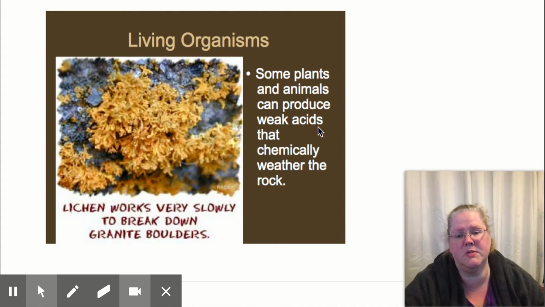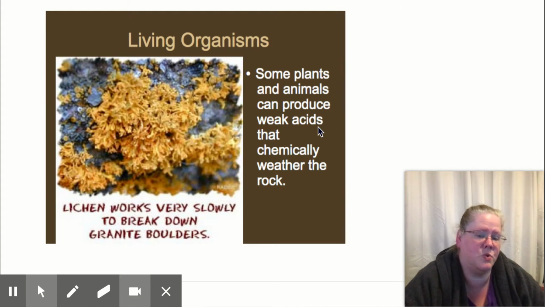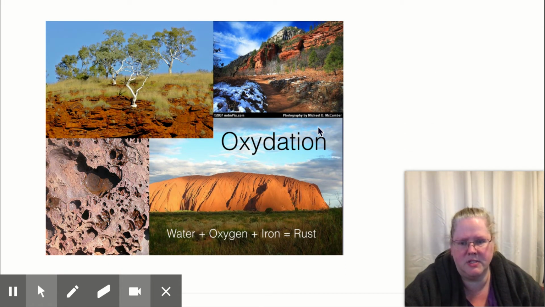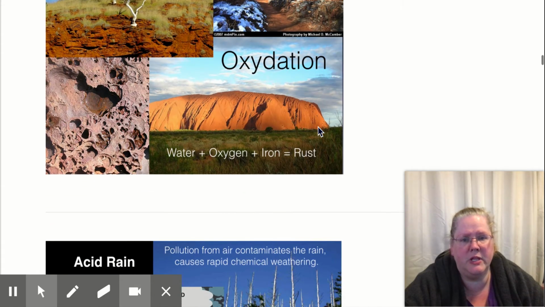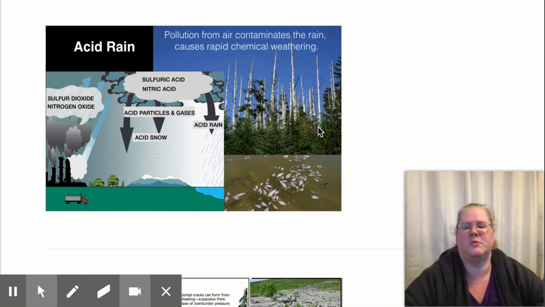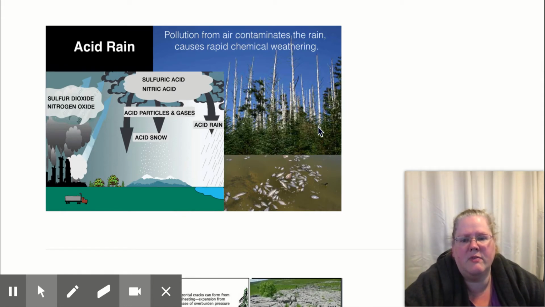So whatever you start with. So if it's granite, your parent material is granite. If it's quartzite, it's quartzite. Oxidation, remember, is rust. I just go in to show you because it's a really good, effective way of breaking rock down. And remember, as we put pollution in our air, we have acid rain, which can wear down rock